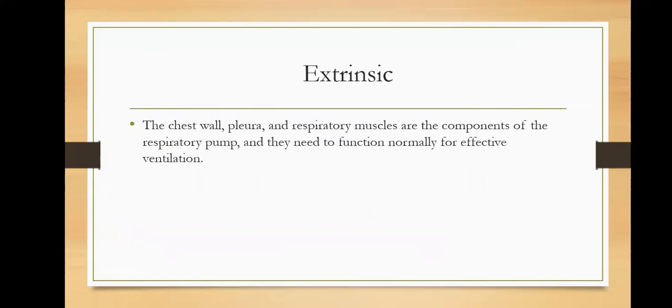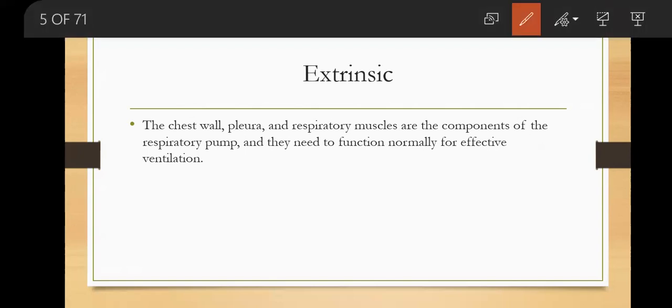The extrinsic components, the chest wall, pleura, and the respiratory muscles, are the components of the respiratory pump. So they need to function normally for effective ventilation. So anything outside the lung, covering the lung, from the pleura,